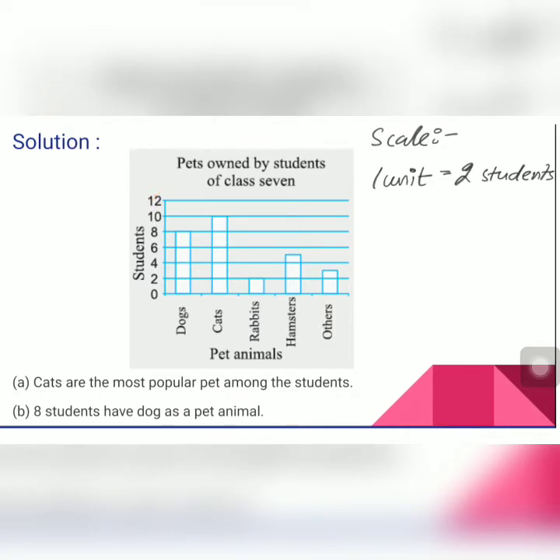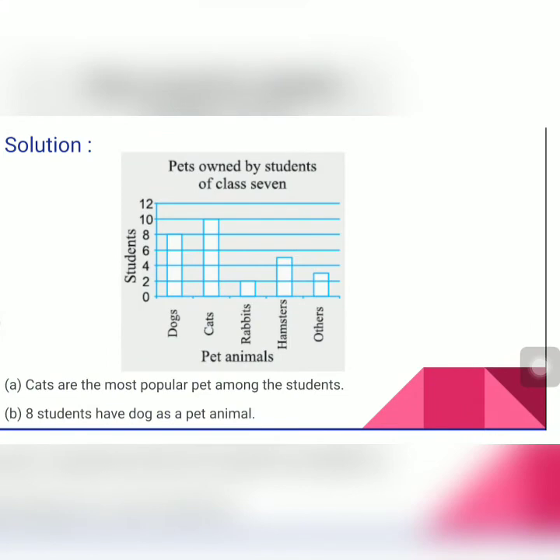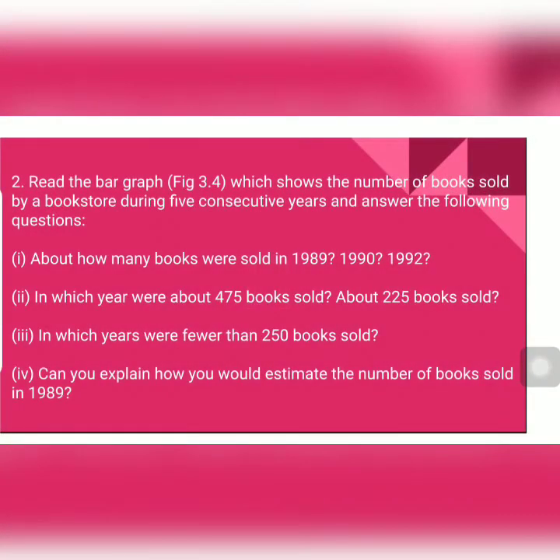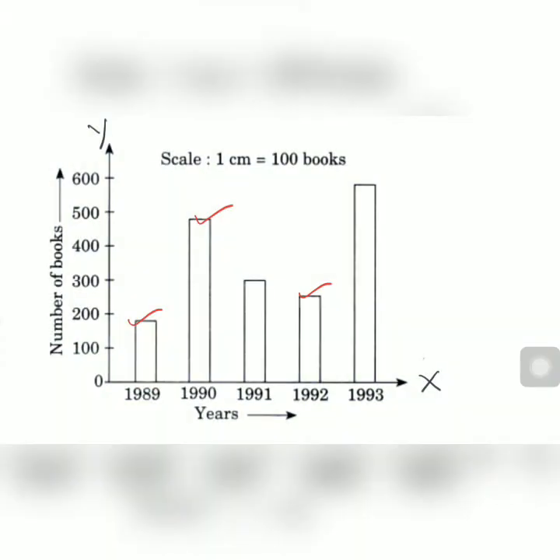Now let us see the next question. Read the bar graph in figure 3.4, which shows the number of books sold by a bookstore during 5 consecutive years, and answer the following questions. About how many books were sold in 1989, 1990 and 1992? So let us see the graph over here. This is the graph associated with